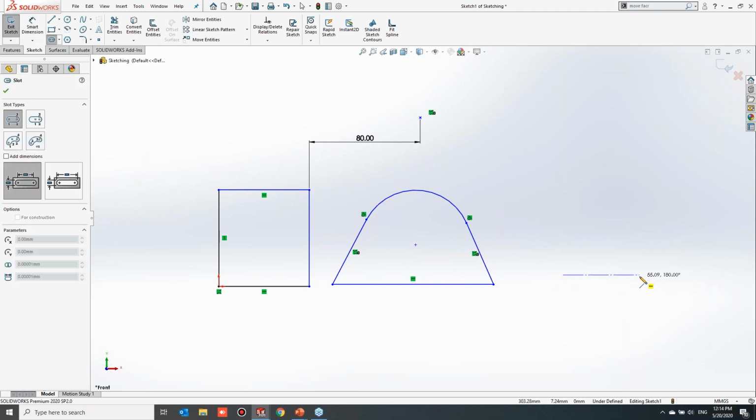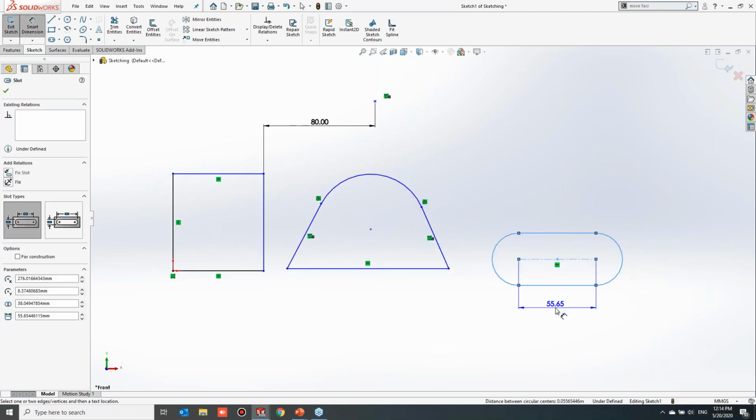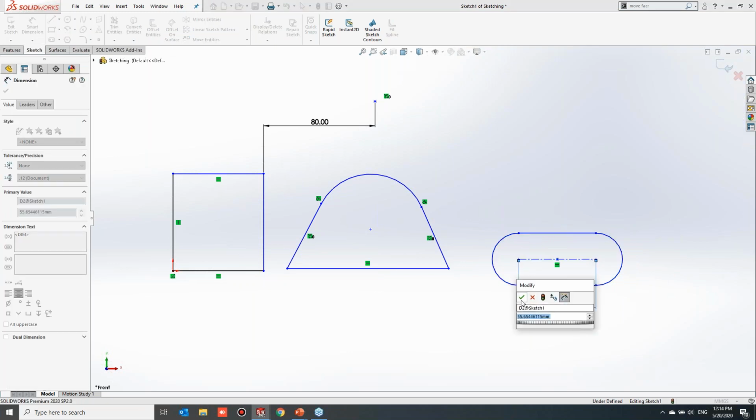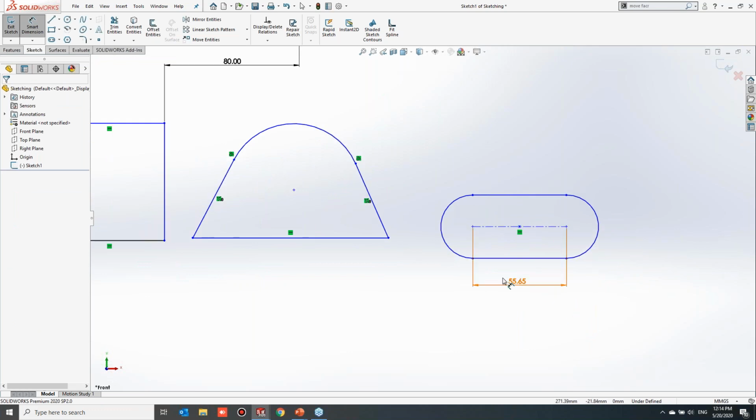Okay. Now I am going to create a slot. In SolidWorks, whenever we are dimensioning the slot, I faced this question so many times. Sir, I would like to have the maximum arc condition, but it is not possible.